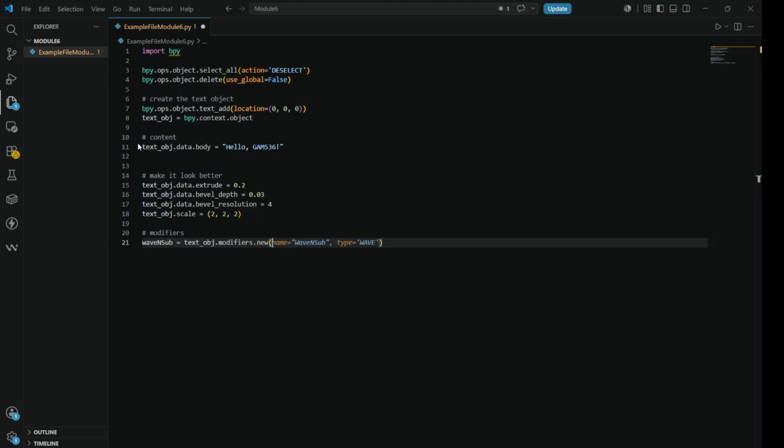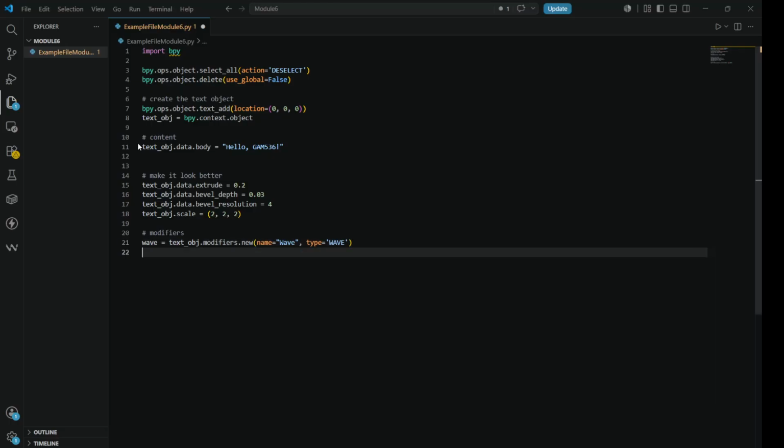I'm gonna add a name. It's wave. No, sorry, it's doing other stuff. So I'm gonna make just wave here. I changed it. No, I'm gonna delete it. It's okay. I'm gonna delete that, and then I'm gonna name it just wave. Okay, specify the name of your modifier, and then type wave. The wave modifier is gonna make it a little bit wavy, and then go to the object and